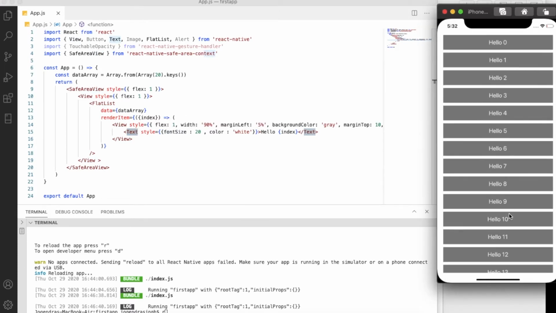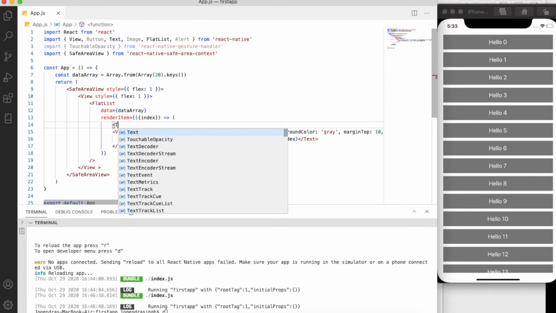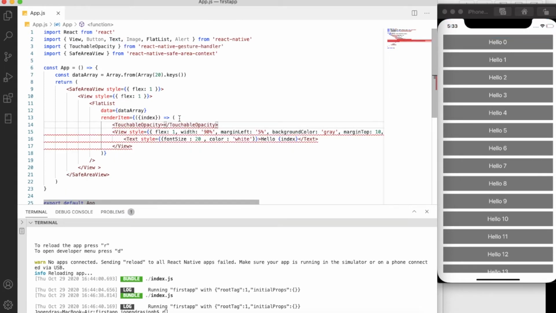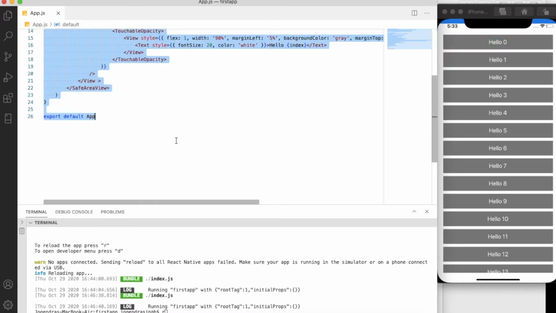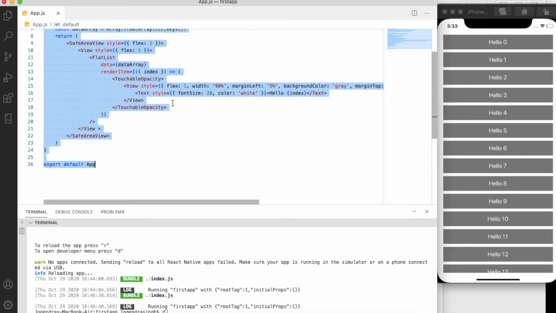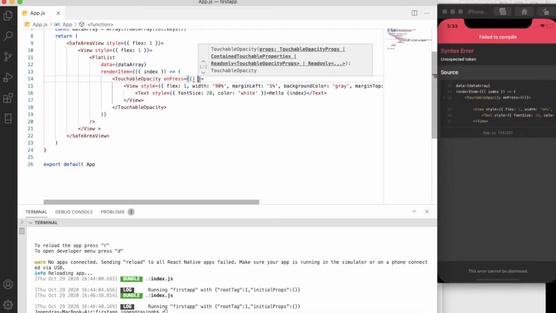Now everybody is curious to know how I will get a click event for this. Currently we don't have any click event. So here I will override it with a TouchableOpacity. I just put a TouchableOpacity outside of my View, and here I will implement the onPress method. So using the onPress method we can get our